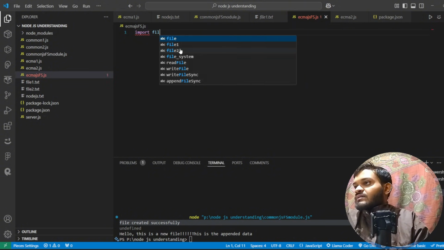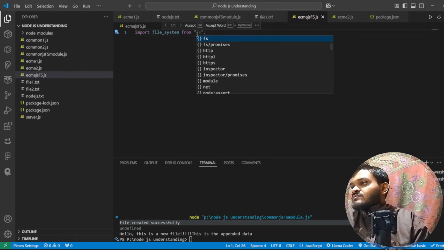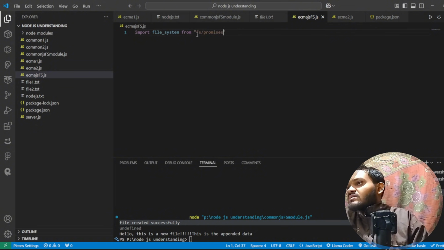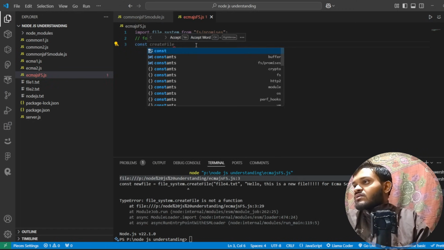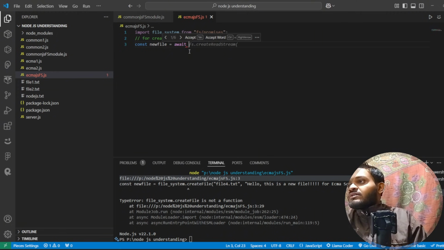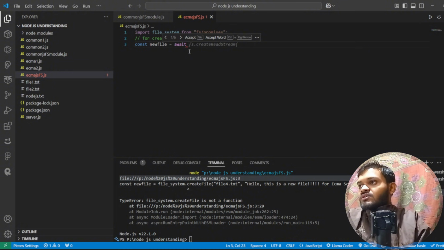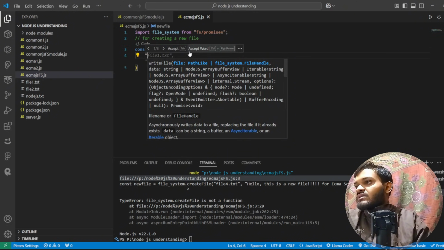import file system from fs promises. Now you will be able to create a file, const new file equals to, here you will be able to use await directly. Okay, so you don't actually have to write async over here, you can use the await directly over here. So here file system, and inside the write file what you need to do is